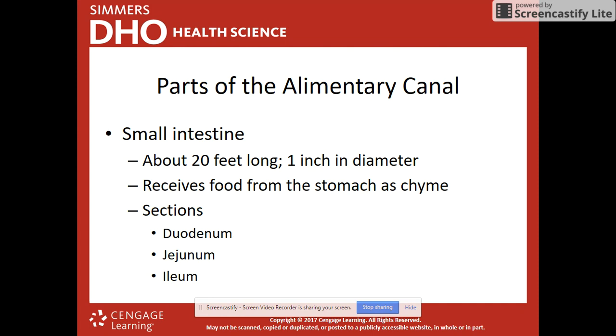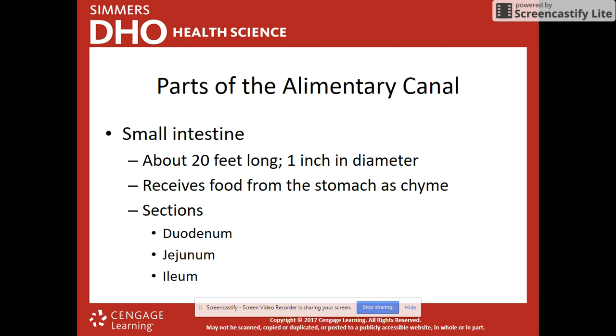So there's different sections of the small intestine. We have the duodenum, which is the very first section. We have the jejunum, which is the second section, and then we have the ileum, which is the third section. So the duodenum is about 9 to 10 inches long, and it's going to receive bile from the gallbladder and pancreatic juices to start breaking down the food, and we'll talk about those in just a second. And then we have the jejunum, which is going to be 8 feet long, and the ileum, which is about 12 feet long, and again makes up the small intestine as a whole.